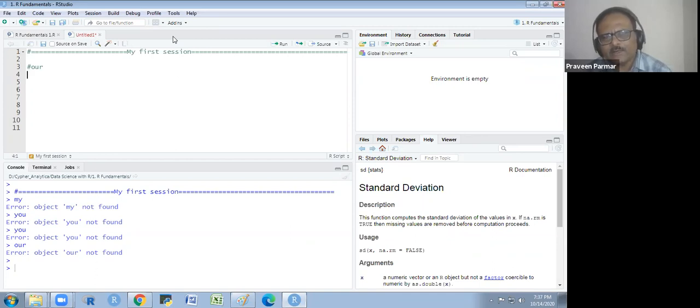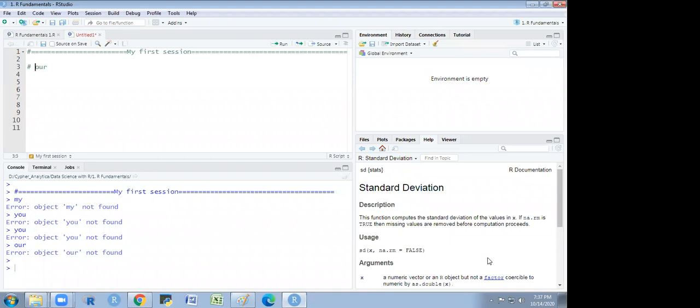R will not entertain it when I use the hash. R will ignore whatever you have written after the hash. Does that make sense to everyone? Yes, sir. I get it now. Thank you.